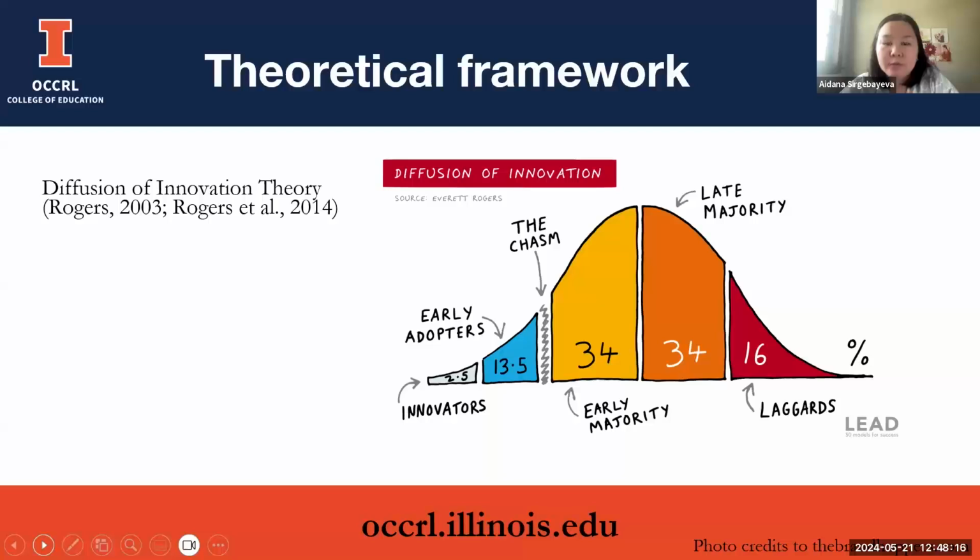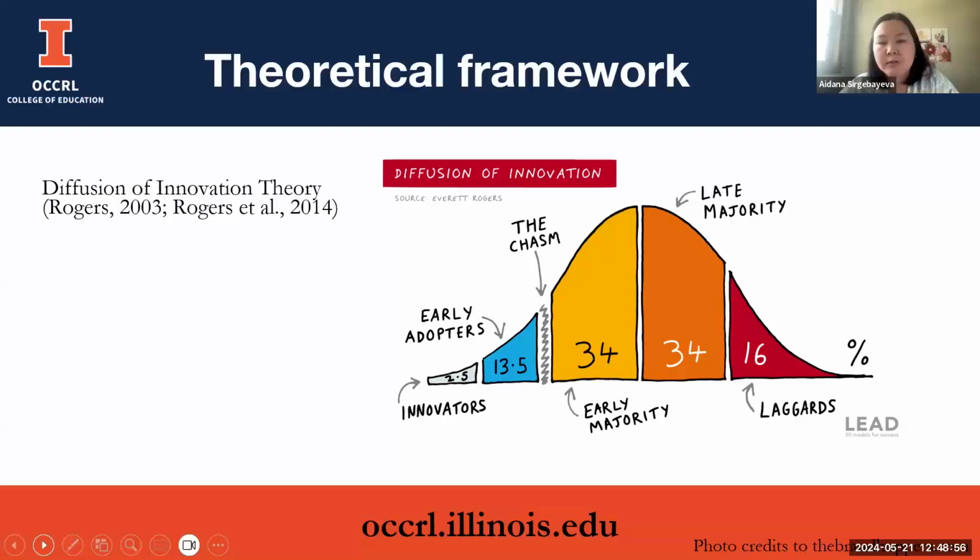And we have chosen a specific theoretical framework, which we think best describes the implementation of OER within the community colleges in Illinois. It is the diffusion of innovation theory by Rogers. There have been a couple of editions of this book where he characterized the implementation of any innovations. In our case, we use the implementation of OER within the community colleges, how different populations of innovators, or just people, have used it, implemented, adapted, or adopted it to specific needs.